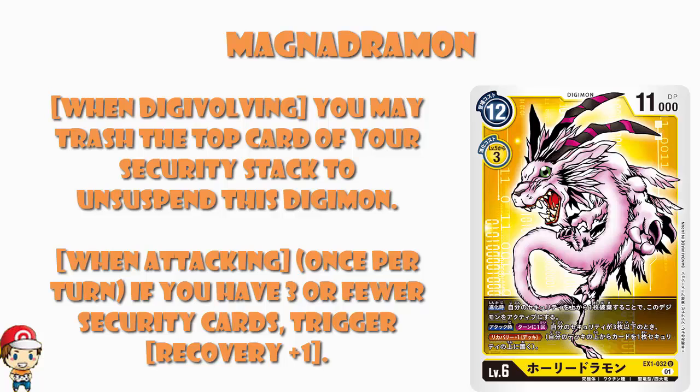Now, on the one hand, I love it. On the other hand, that's kind of terrifying, right? Now, the good news is, unsuspending is great. It is super powerful. It means you get to attack twice rather than once. That's clearly a brilliant, brilliant thing to do. However,